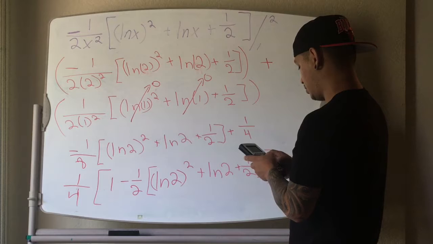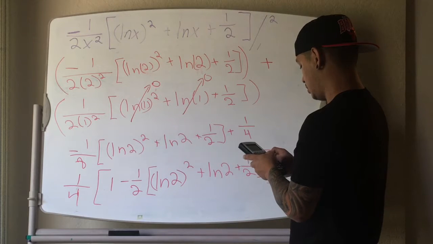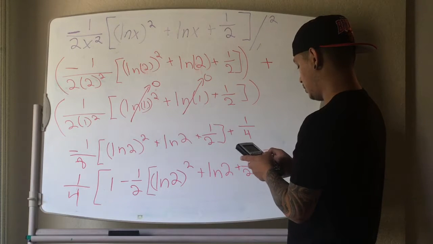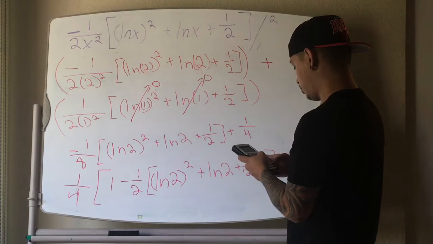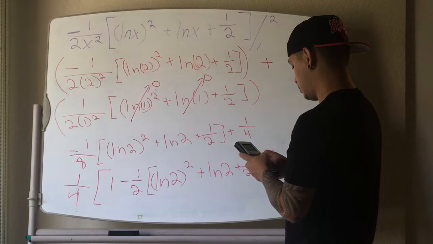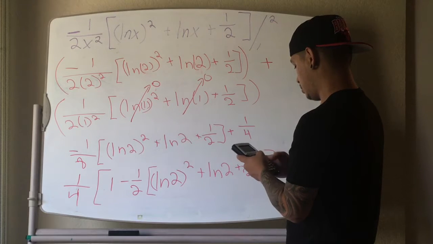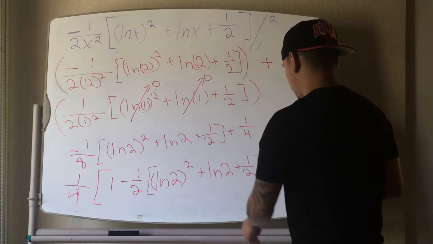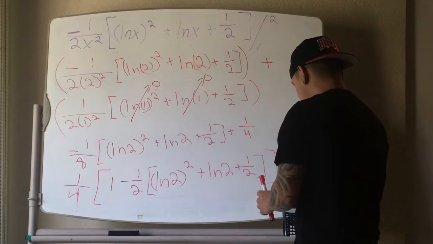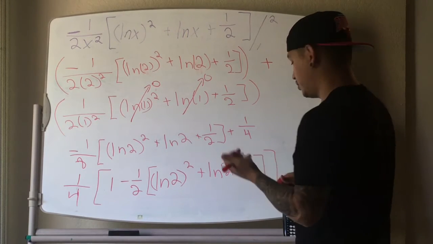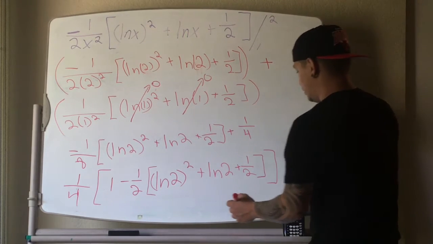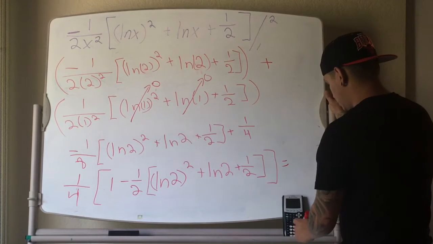That bracket is closed. ln2, and we need one more bracket. One more bracket. And looks good. So our answer should be, and I have not checked, I probably should have checked, is equal to